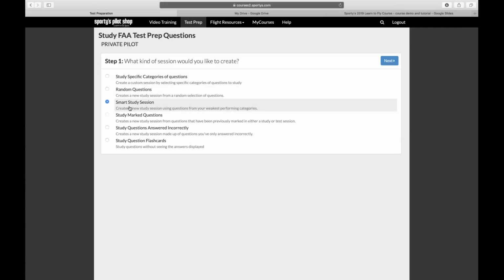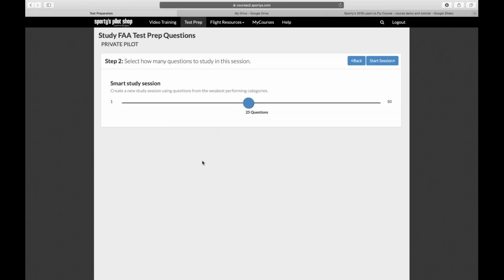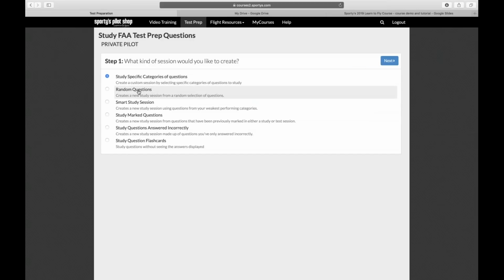knowledge. A brand new one for 2019 is the Smart Study Session option. And what this does, again, after you start to build up some progress and history, we have built in some formulas and analytics to go in and say, I want to focus on just the questions and subject matter that I'm most weak in, so that I can focus my efforts in the right direction as you prepare for the test. So Smart Study Session will then allow you to pick a selection of 1 to 50 questions, and based on past performance, will generate a session to help you really drill in on those weak areas. So a great way, again, to focus for a limited amount of time to beef up your knowledge on certain